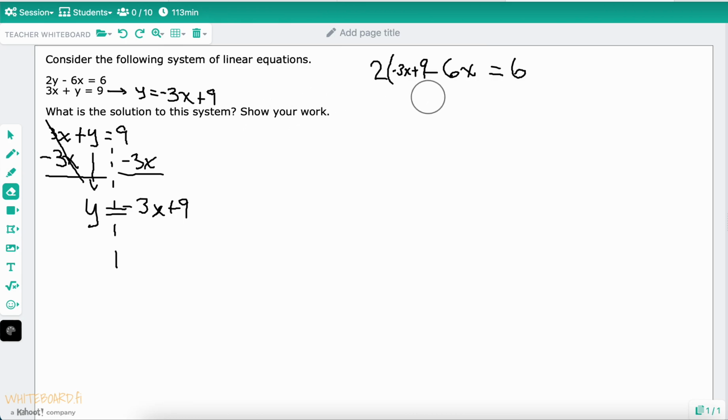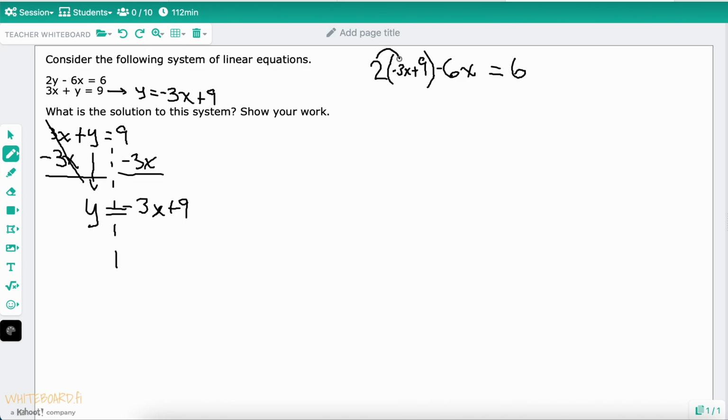Here's my 9, parentheses, and there should be a minus in front of the 6. So now that I've substituted negative 3x plus 9,